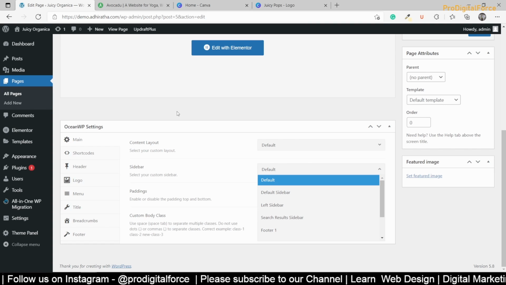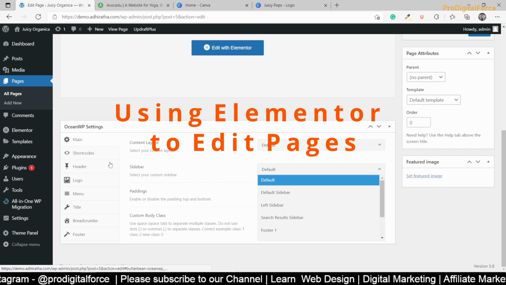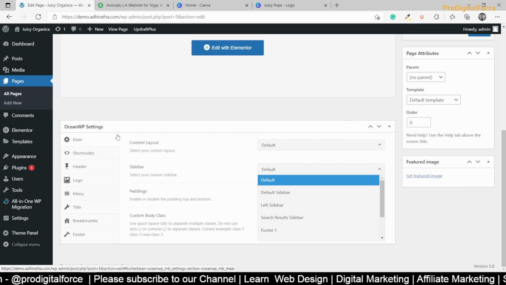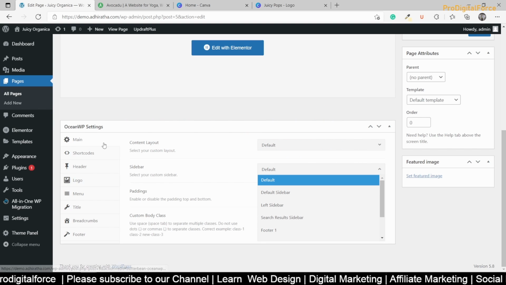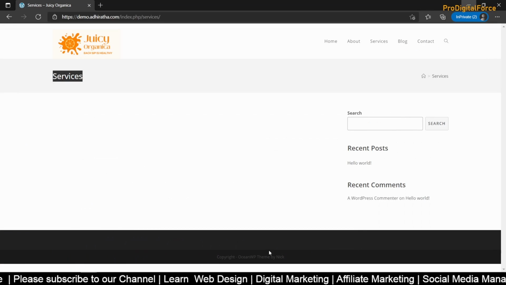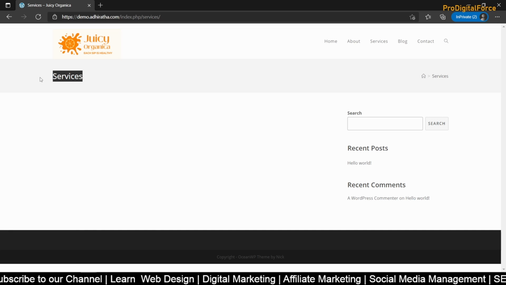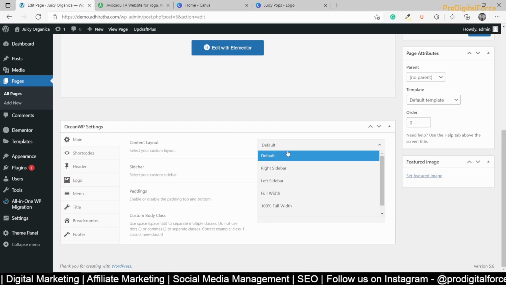We build some pages called landing pages. That's where you will be able to use these methods very efficiently. So for that you have to understand this. So if I'm opening a page, the sidebar is coming and here the title is coming, which is not necessary for us. So how can we do that?